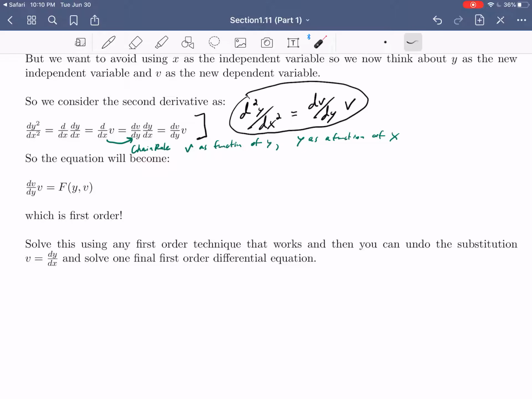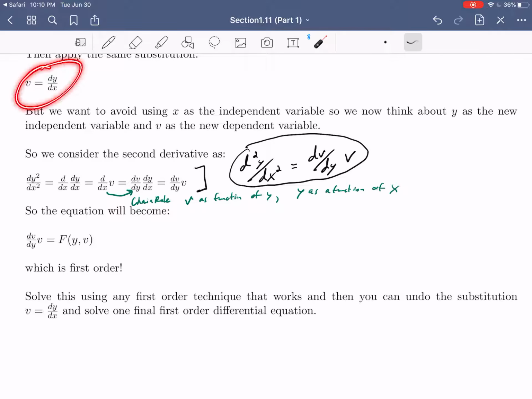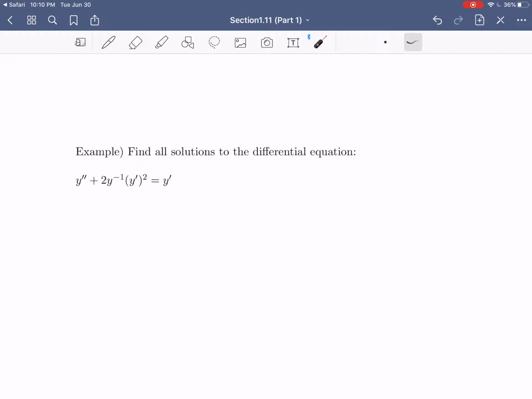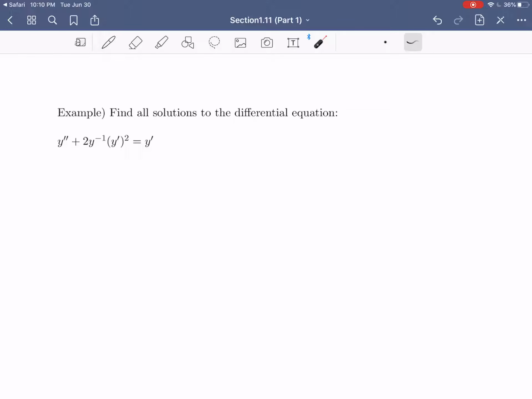So the big key here is that you're still going to use the same first part for the substitution, but you're going to be using this as sort of a follow-up when you try to go and remove the second derivative. Remember, it's going to be dv/dy times v. So let's go ahead and take a look at an example. Well, here's our differential equation. Notice it is certainly second order, and it is certainly this case 2,